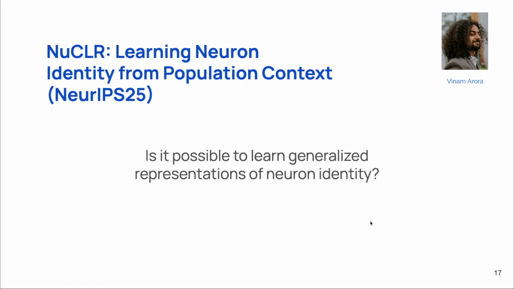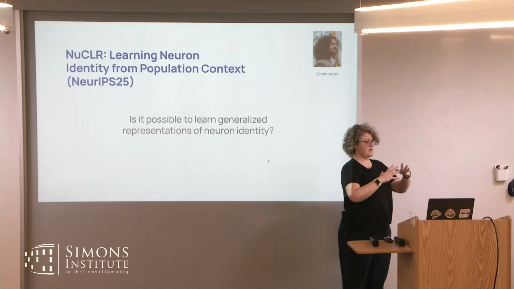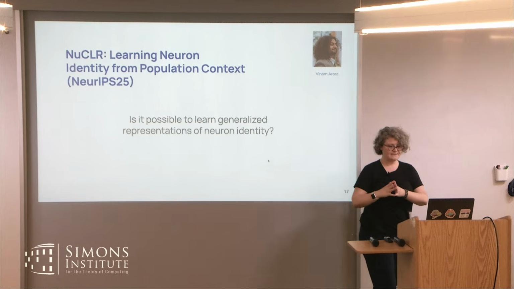So in the last part of the talk, I want to slightly switch gears. These things are definitely interconnected, but I want to tell you about another important ingredient that we've been working towards that fits into all of this. Namely, in the model that I described before, we found that embedding every neuron and learning these unit-level embeddings is really important for the ability to scale and to unify these different datasets.